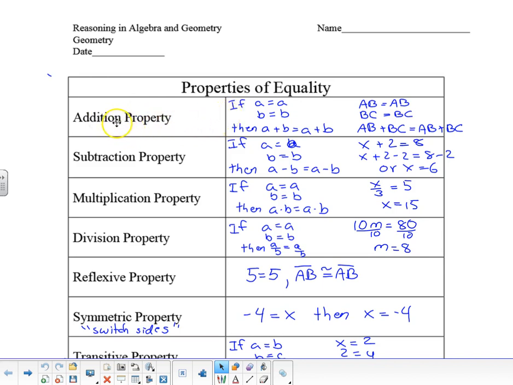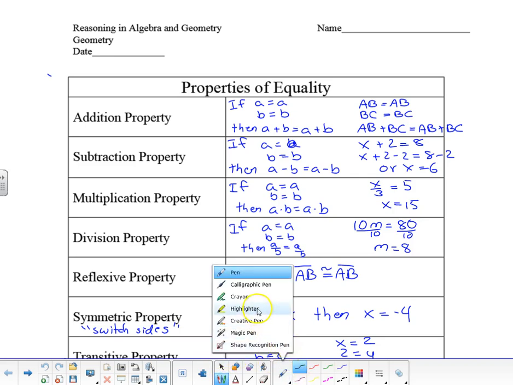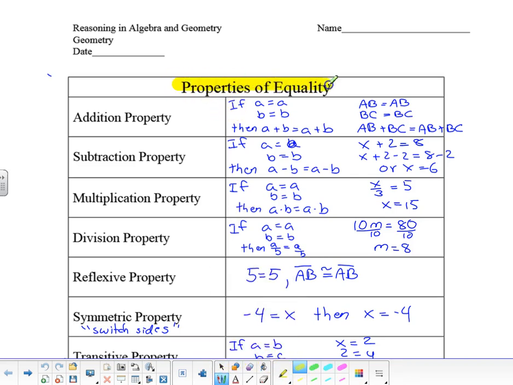So we've got the addition property. Now notice up here it says properties of equality. When we have a property of equality, if we do whatever we do to one side of an equation, we do to the other side. So it says if A equals A and B equals B, then A plus B equals A plus B. If you put some numbers in there, if 2 equals 2 and 3 equals 3, then 2 plus 3